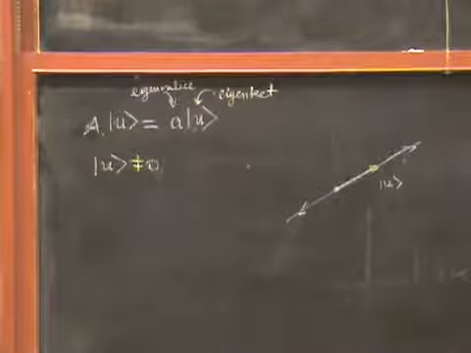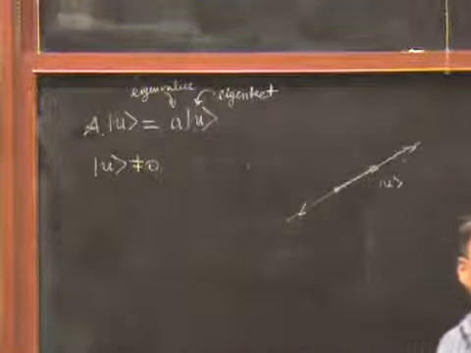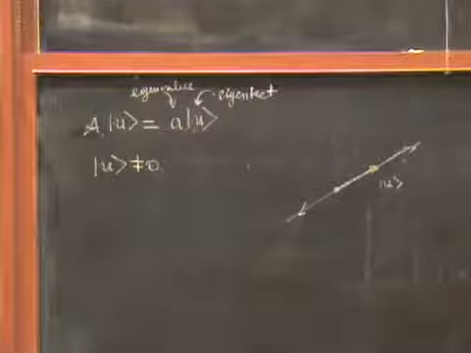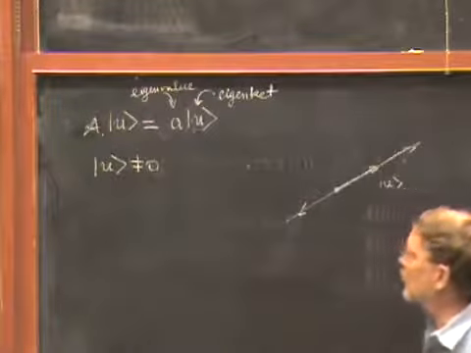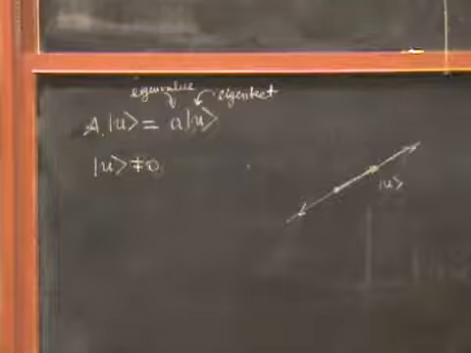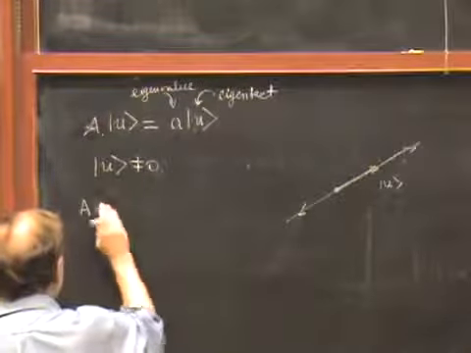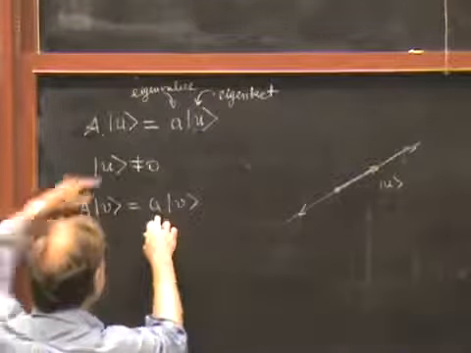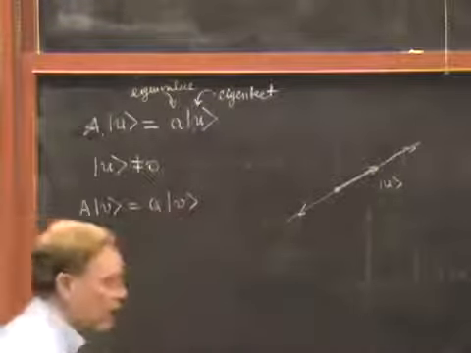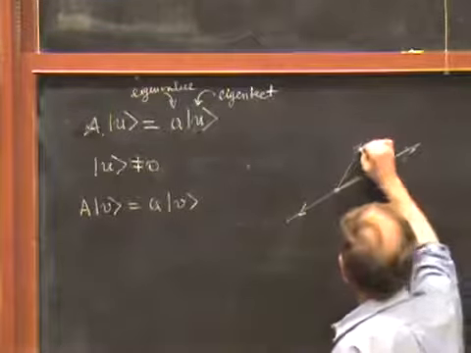You could call this an eigenray if you want. In some sense, this equation really determines an eigenray rather than a single eigenvector. Now, it may happen that in addition to this ket u, there's another ket which is linearly independent of the first one, which is also an eigenket with the same eigenvalue. Let's call this b. Ab is equal to lowercase a b. The point is the a's here are the same, but the b's here are different. And let's suppose the b is linearly independent of u, so that it sticks off in some direction like this.